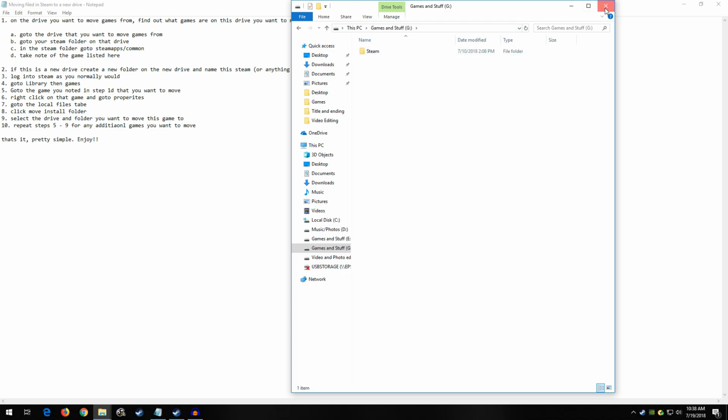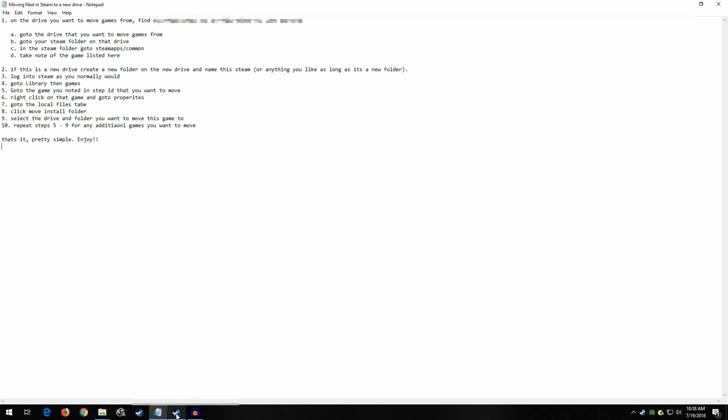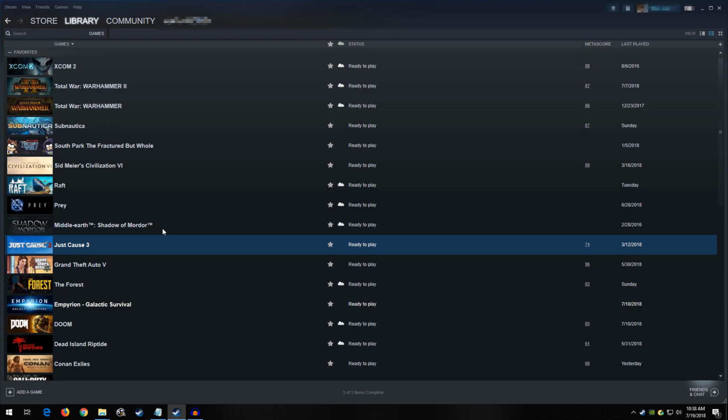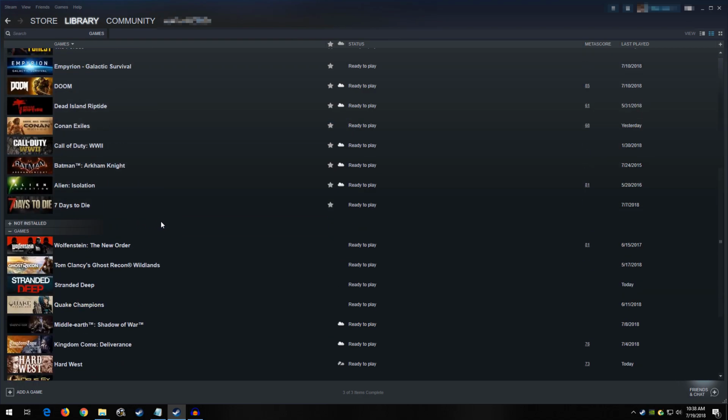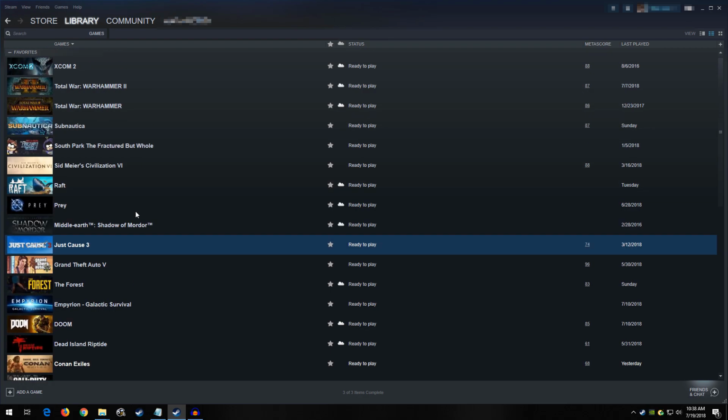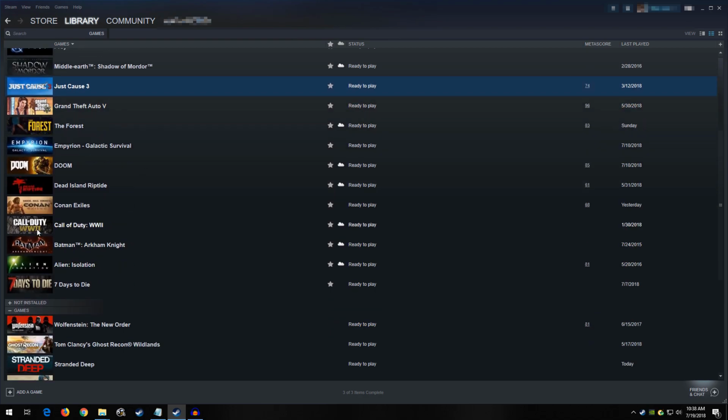Once that is done, you want to go to Steam. So log into Steam as you normally would, go to Library, and go to your Games folder. Okay? Now, you should see all the games that are installed on your PC from Steam. And this is why I say take note of the games that are on that drive that you want to move, because if you're like me, you have a ton of games and multiple drives, and I don't know what is what. So if I wanted to move Call of Duty, what you do is you just right click on it,